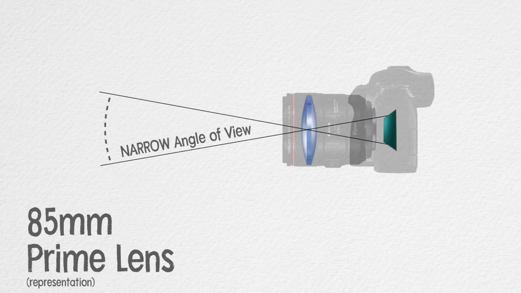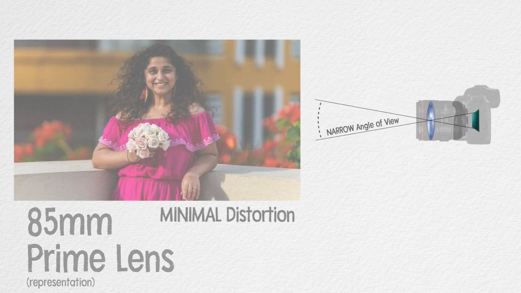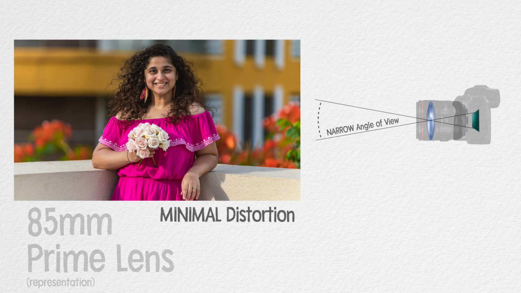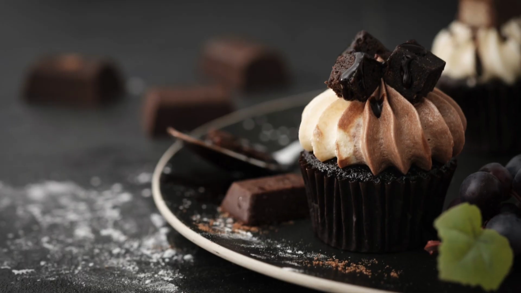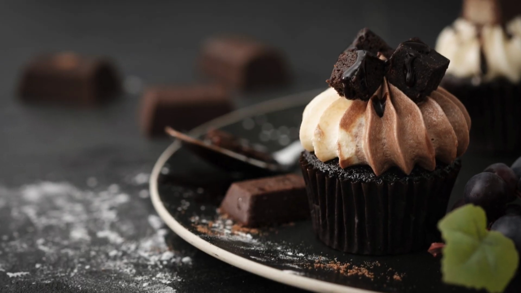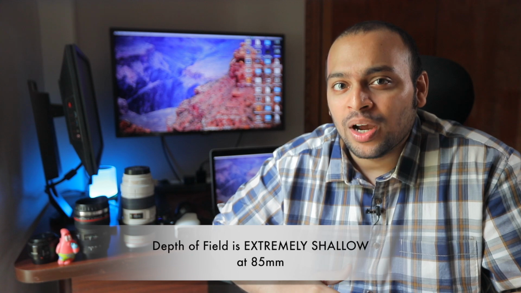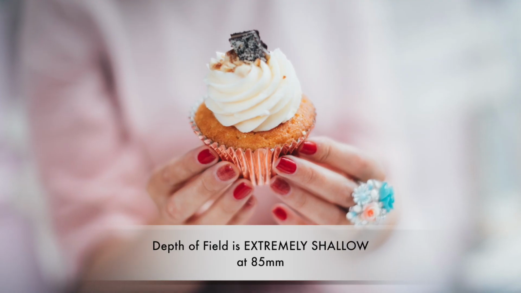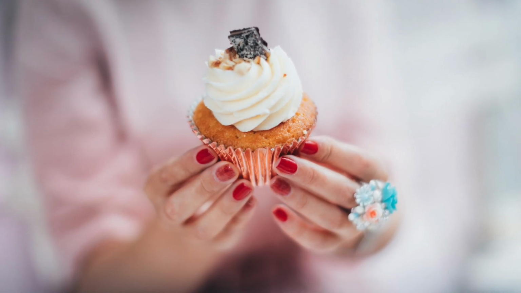The angles of view are much narrower, there is very little distortion and you can accurately photograph the human face. These focal lengths are also used for close-up portraits, products, F&B, and more. The depth of field is so shallow that you can simply isolate the subject that you want in focus.